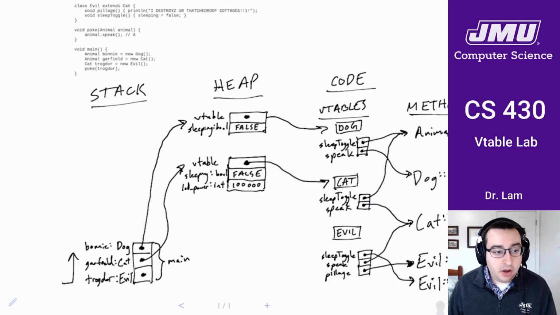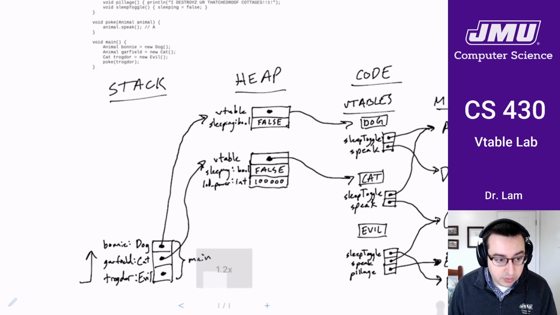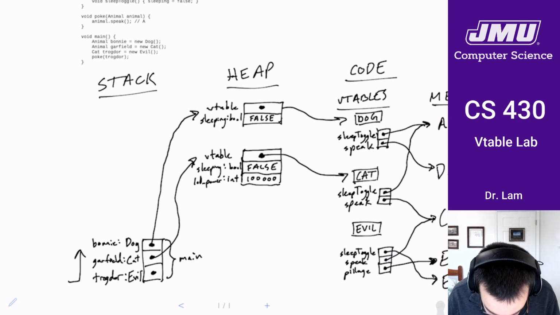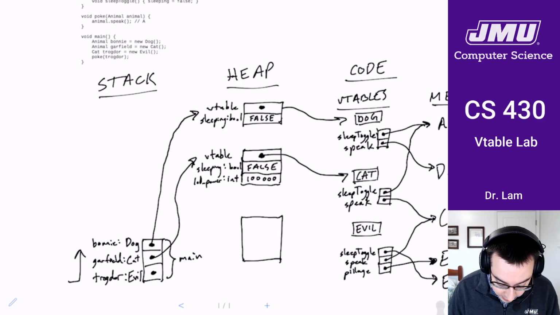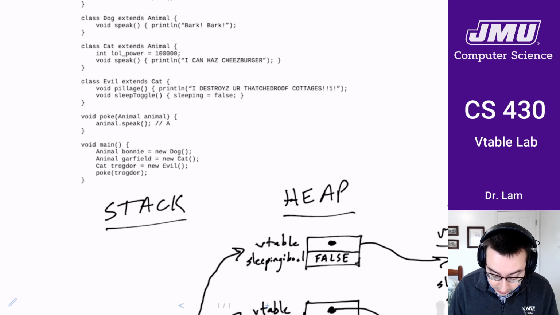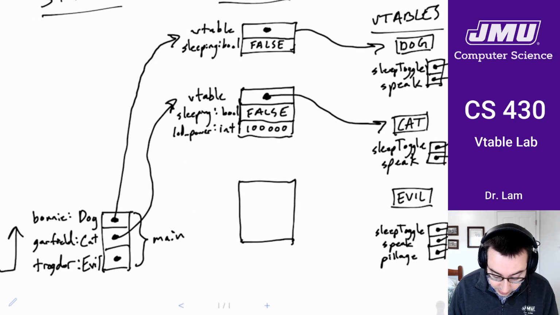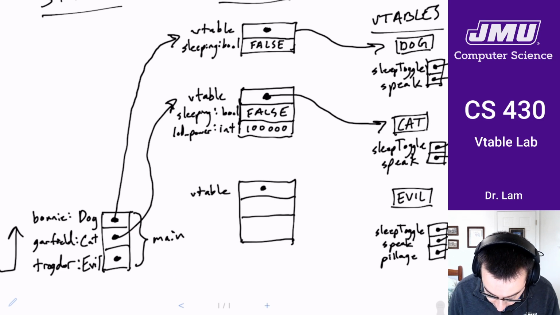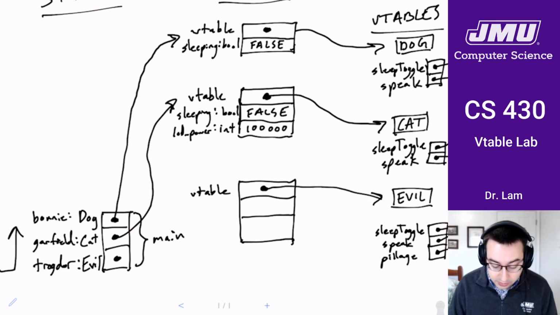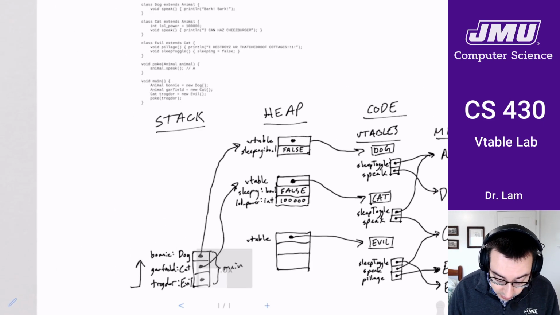All right, so then all that remains is to do the table for Trogdor, which again is a cat, and because evil doesn't actually add any new instance variables, the class instance record is going to be the same size. So we're going to have our virtual table pointer, which of course, because this is an evil, is going to point to evil. Notice that it still points to evil, even though